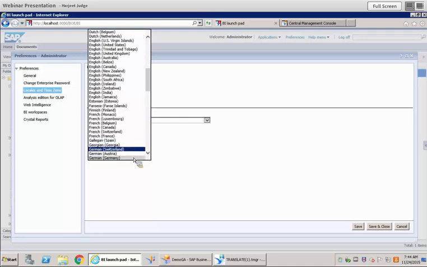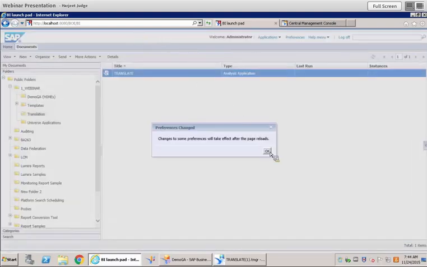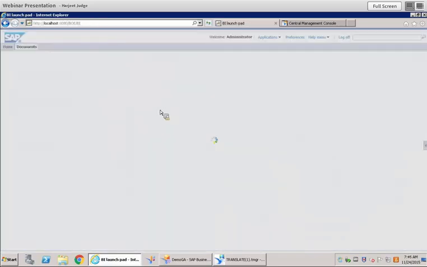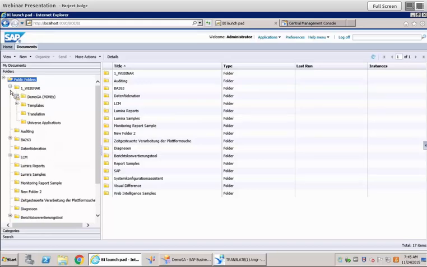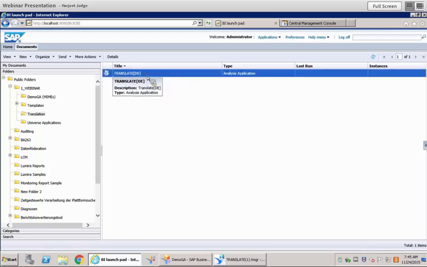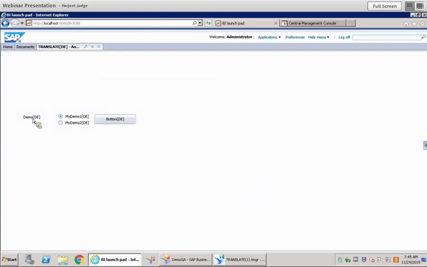When I reload this page and go back to the same folder where I had that application, I should see the application name show up in German. If this was translated to proper German, you would see the German name for this. And when I launch this application, you can see that all the labels have been translated into German as well. And if I click on it, even the text that I assign at runtime is also translated in German. And the way you can do that in your Design Studio application is if you open up,